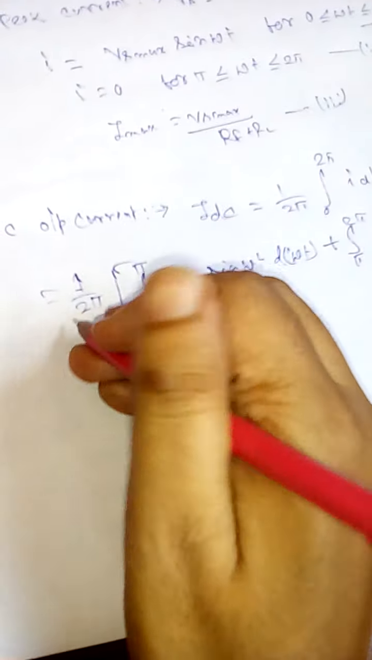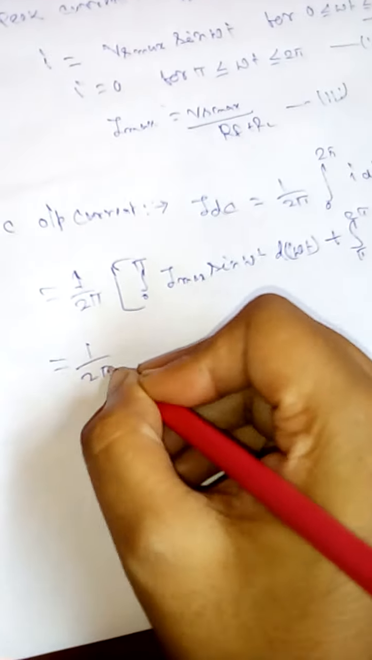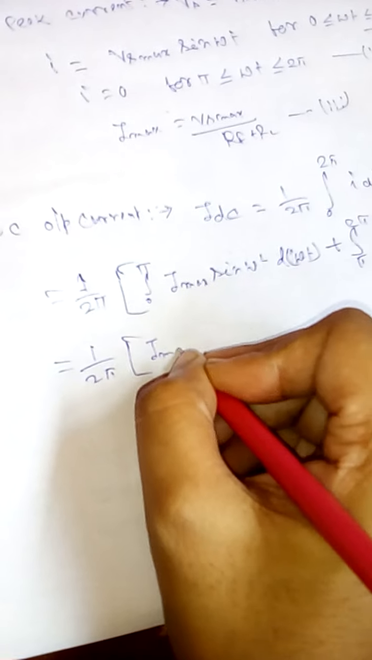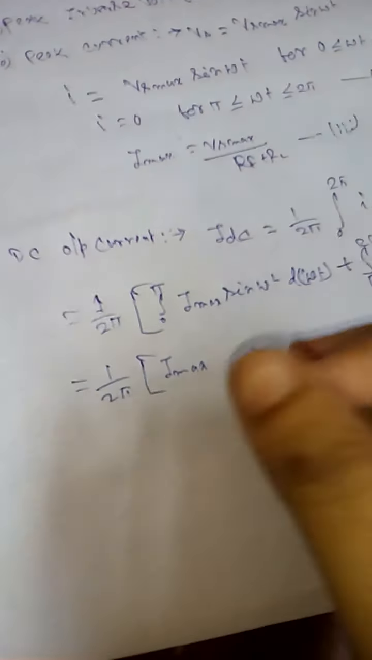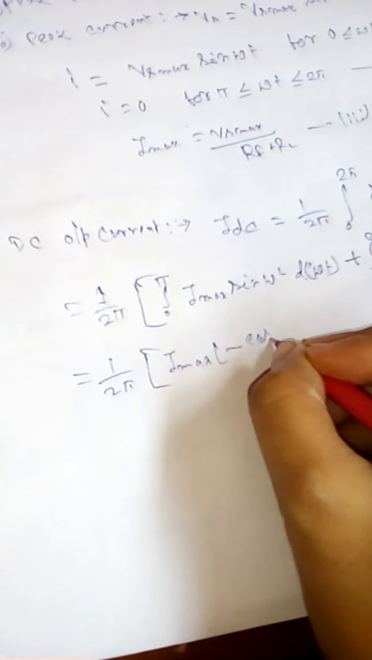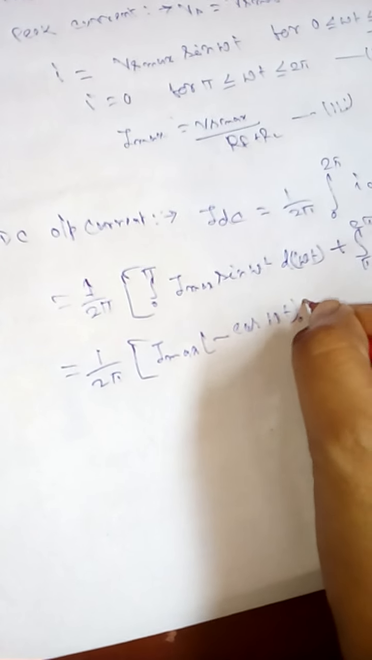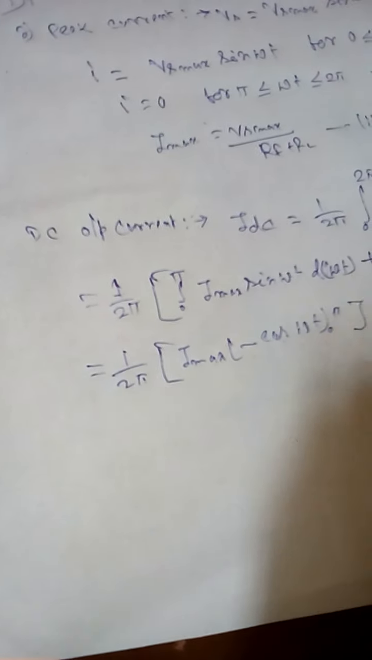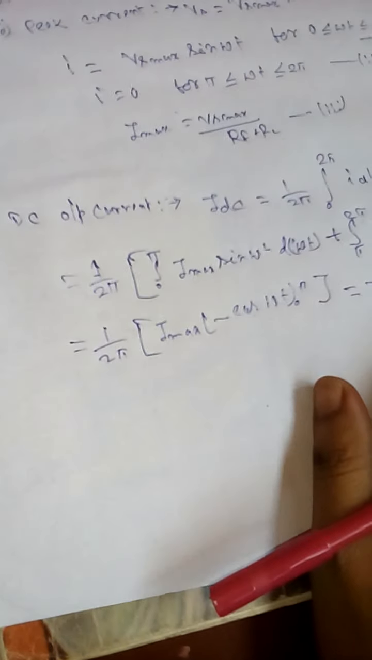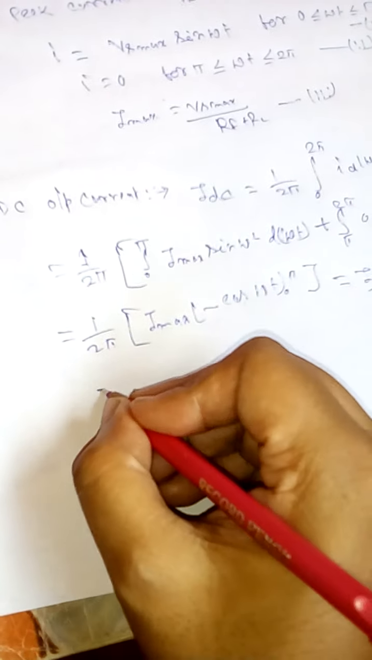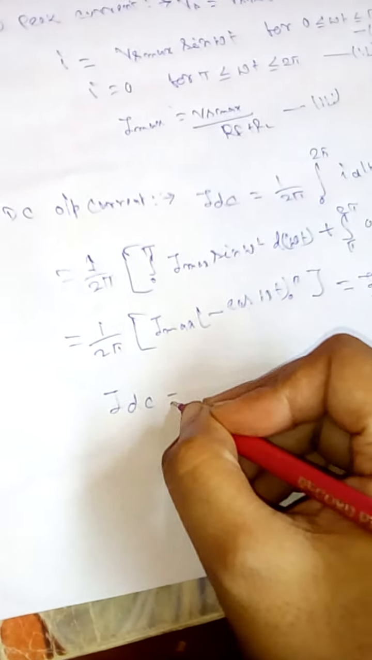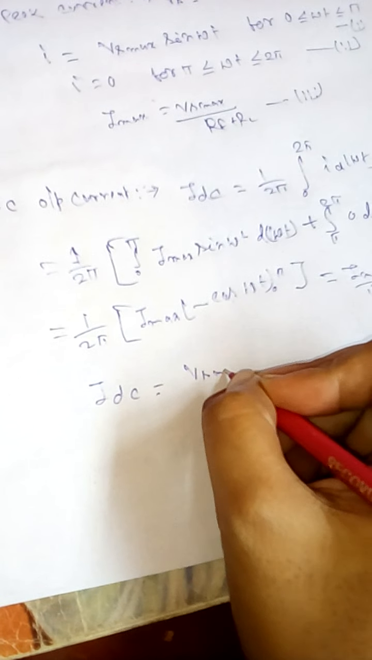So we get 1 by 2 pi, I max and sine of omega t. The integration of sine of omega t equals minus cos omega t from 0 to pi. So we get I max by pi. So the value is I max by pi. Substituting the value, IDC equals Vs max by